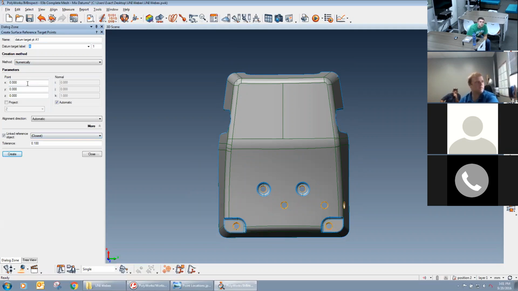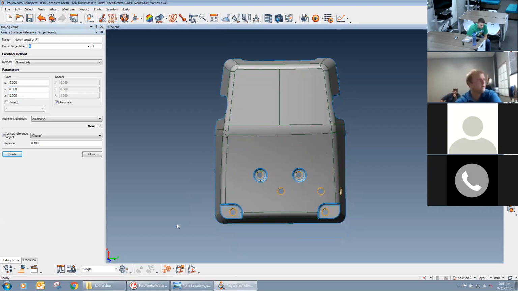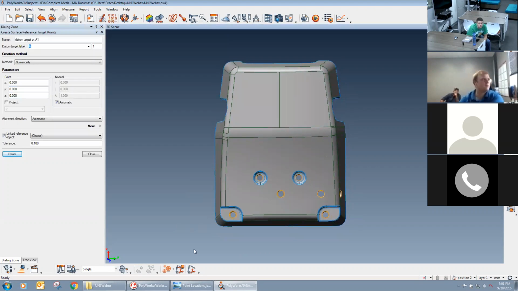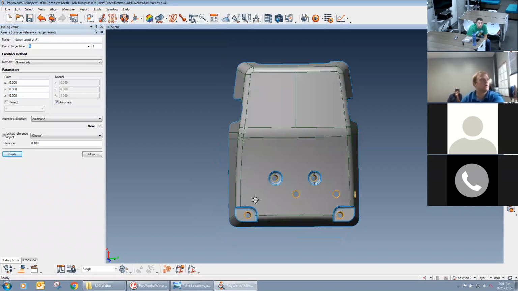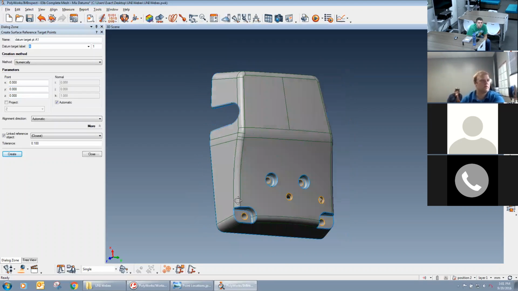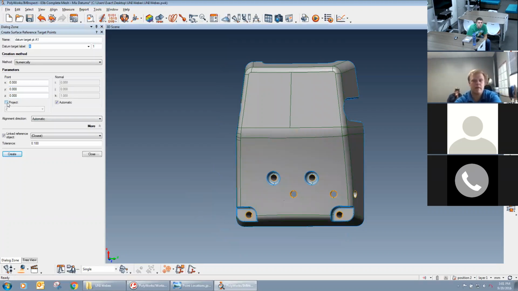Now, if I knew all 3 numbers, I can type in all 3 XYZ numbers, but I want it to project in the direction we're looking, which if we look at the trihedron in the lower left corner, we're facing the Z positive. So if I click the project button and project in Z,